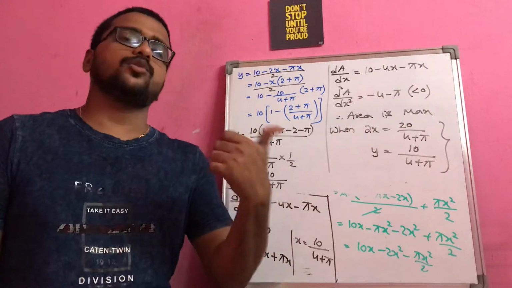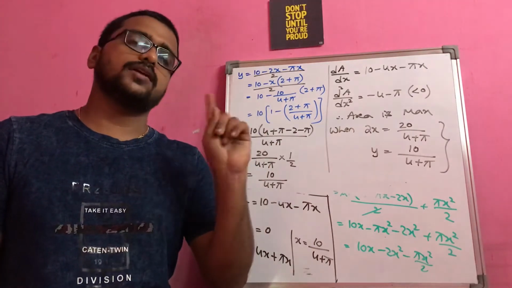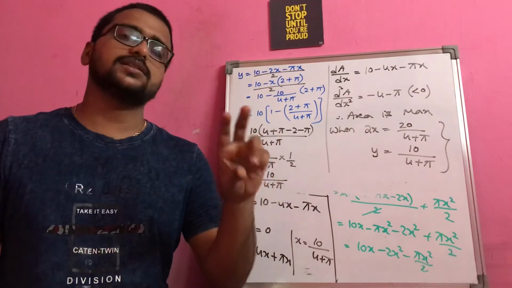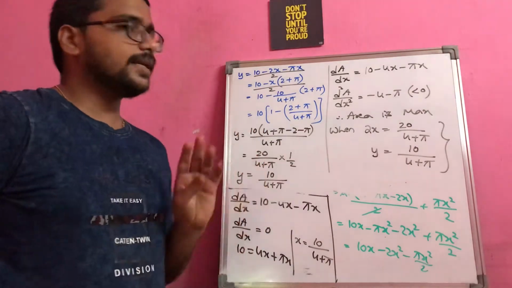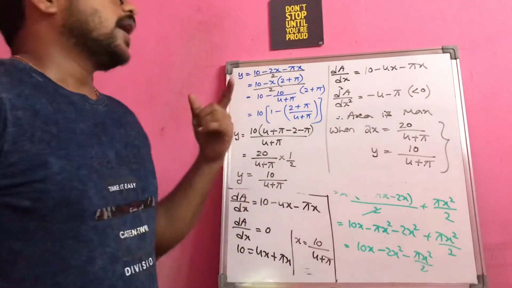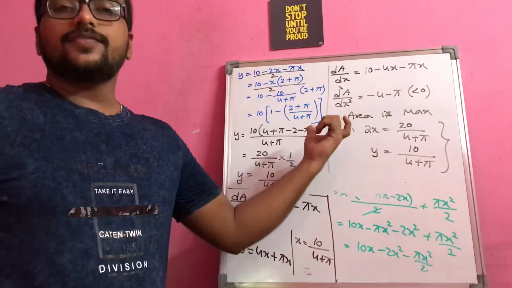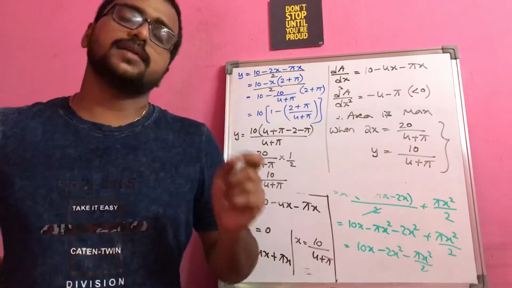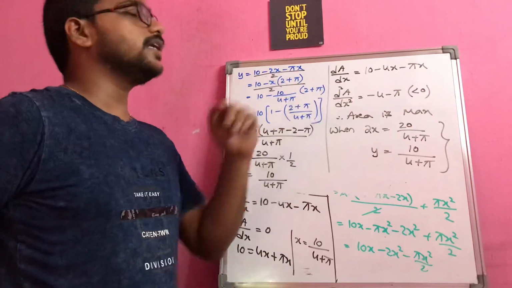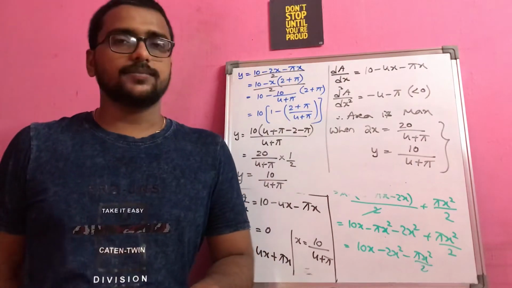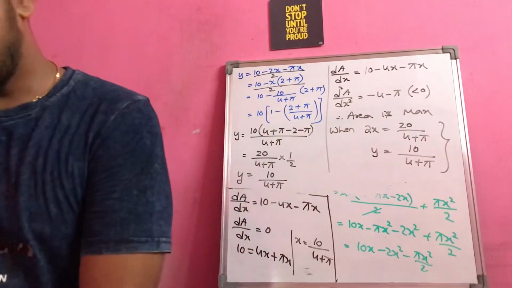You will be getting two variables, you have to convert into a single variable, apply differentiation, equate to 0, and get the turning point. Then as they are asking for the dimensions, I find the value of y, and if they are asking you to prove the maximization or minimization, accordingly you have to calculate d square A by dx square. Okay. Now let us see one more figure.